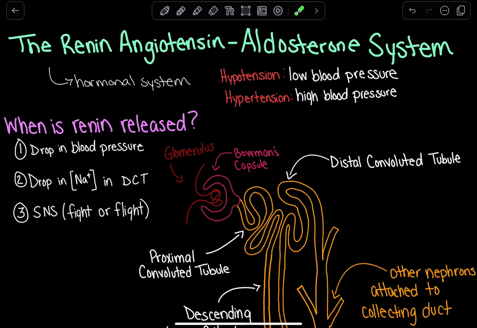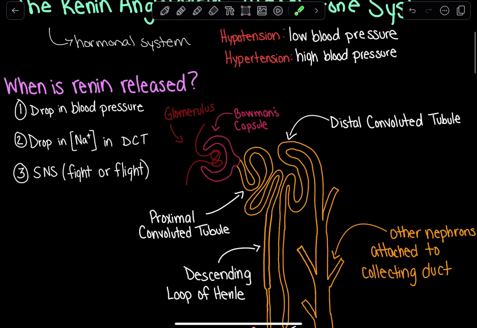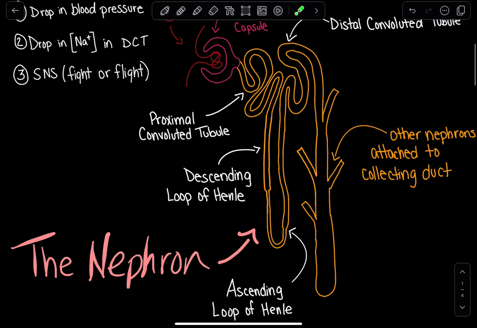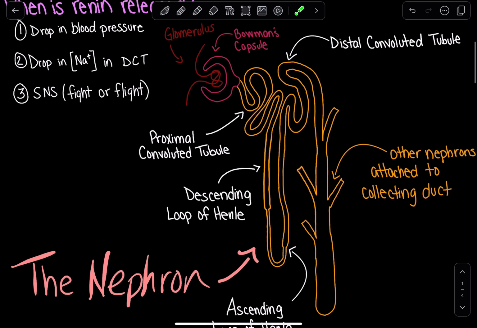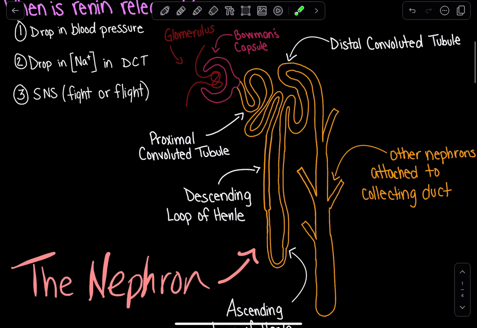Now, before we get into it, we need to understand two distinct terms, and that's hypotension and hypertension. Hypotension simply means low blood pressure, because remember, hypo means low, and hypertension, hyper means high, so high blood pressure. Now, over here, it's important to understand the structure of the nephron because it's critical in our understanding of